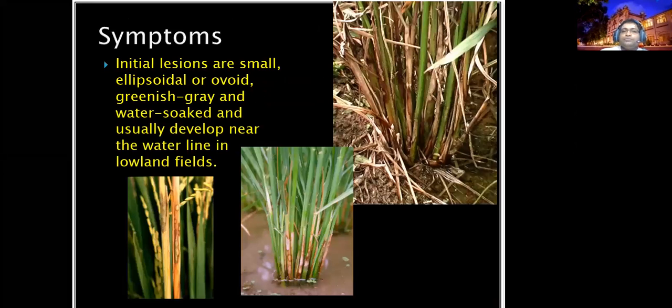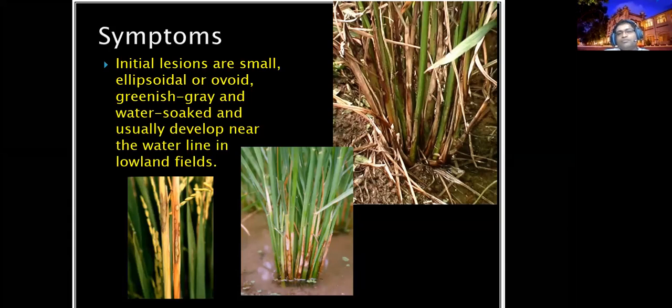The symptoms initially, because the name is sheath blight, you can expect the first symptom in the sheath, right? Where the leaves attach to the stem is called the leaf sheath. In this area, you can easily expect the first symptom. Initial symptoms are small and ellipsoidal, meaning like a long circle, right? Round to ellipsoidal or ovoid. The initial symptom is greenish gray,